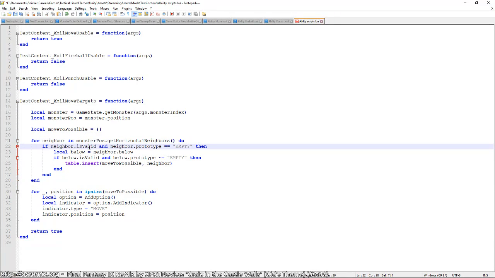If the neighbor is valid, which means that it's inside the bounds of the map, and the prototype is empty, which just means it's an error tile basically, then we'll go look at the tile below this and we check if it's valid and the prototype is not empty. If that's possible, then we can insert neighbor into this list. So here we loop through the list, and I'll have this helper function which basically will add, I guess it should be ability option,